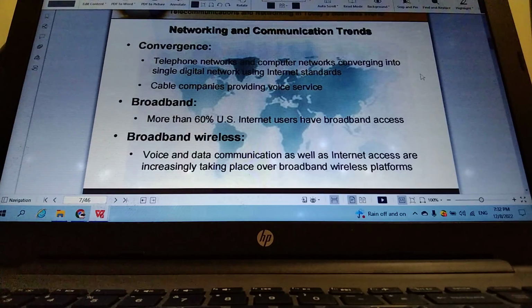And this service provider is actually following a standard which we call internet standard or telecommunications standard. There is a long list of standards that they need to follow in order to deliver those services